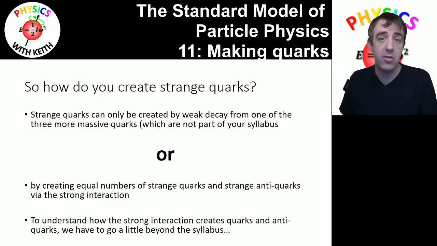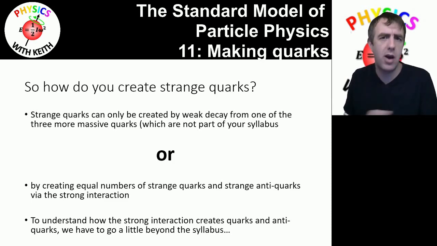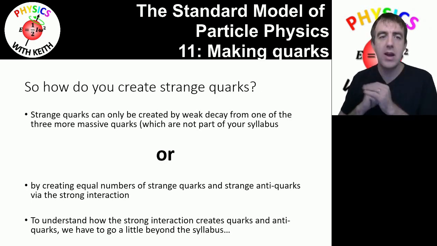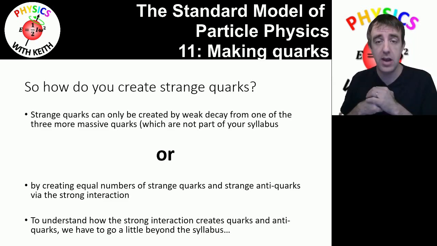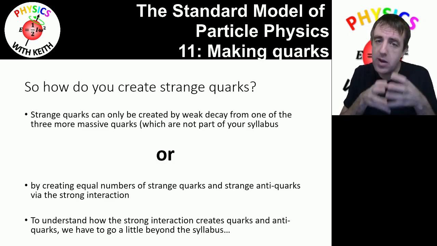There are interactions that can create quarks and antiquarks of different types, for example, the weak interaction. But we're going to focus now on creating quarks and antiquarks of the same type. So an up quark and an anti-up quark, or a down quark and an anti-down quark, and so on. You can see here there are two ways of creating strange quarks: either decaying from a more massive quark, which isn't part of your specification, or by creating equal numbers of strange